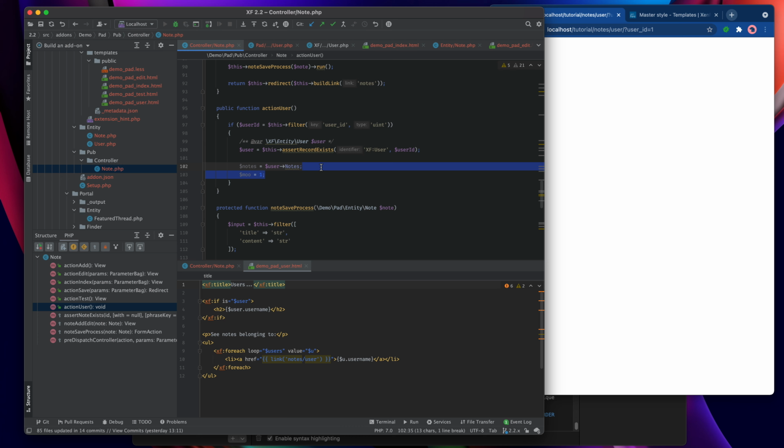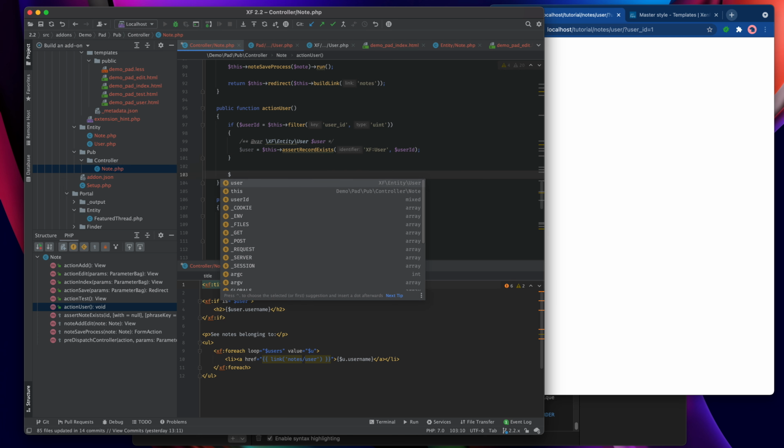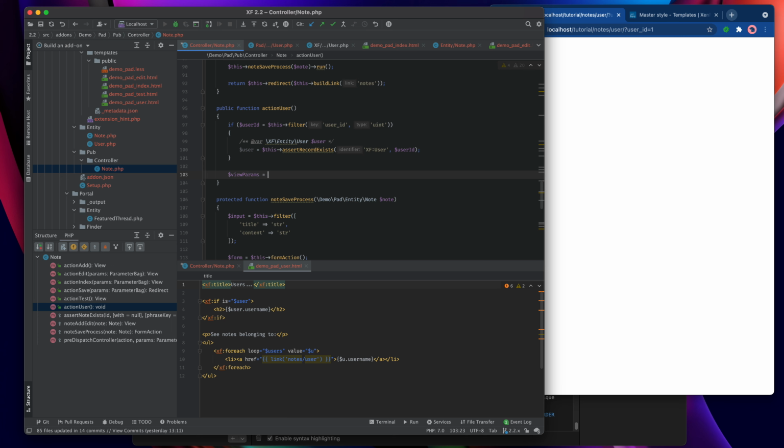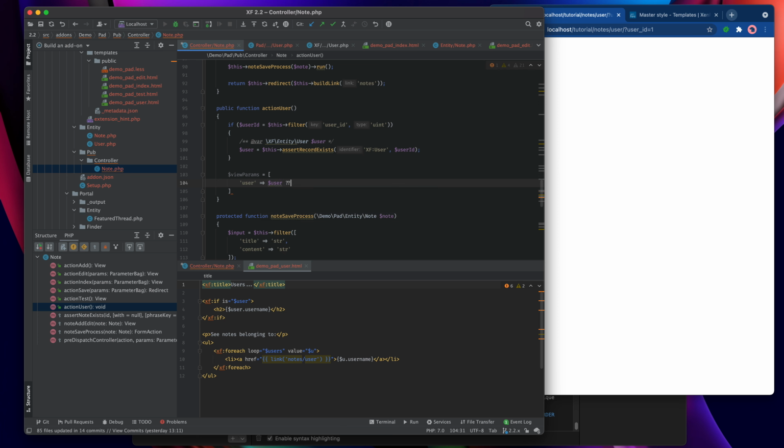So what I'm going to do is get rid of all of that stuff and prepare the data for the template. So we need some view params, and first of all I need to pass it the user that I may have fetched here, because we may not actually have a user, and I'm going to use this new operator that allows me to just use a variable and assign it a default value if it's not set.